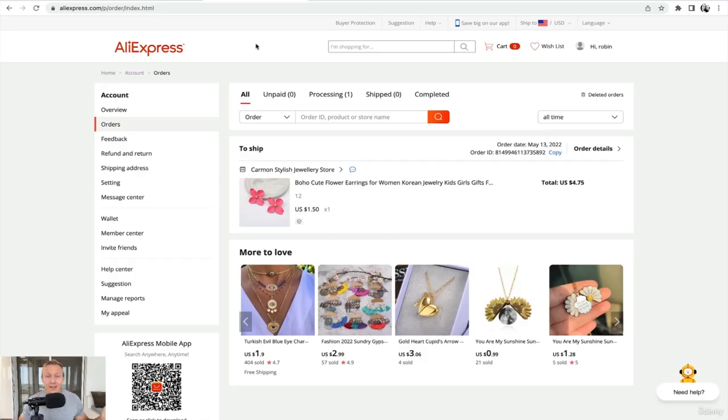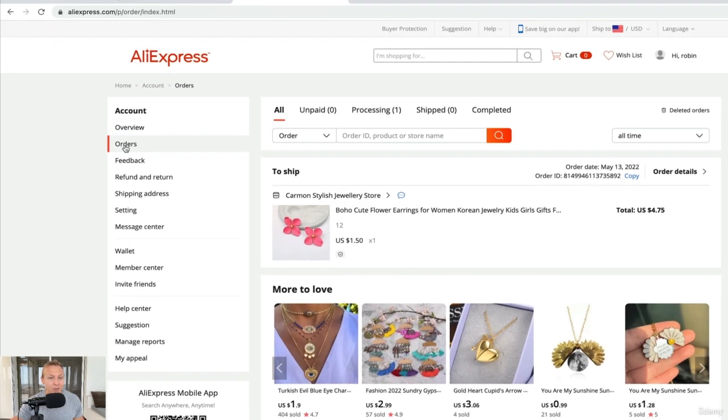Let's get started. So let's start with AliExpress. If you've been following my every step since the previous lecture, all you need to do is go into AliExpress and make sure you're in your account, move to the left and then go into orders, and you should see your order here. And your order should either be in processing or it should be in shipped. You want to make sure that you have a good look at the product,